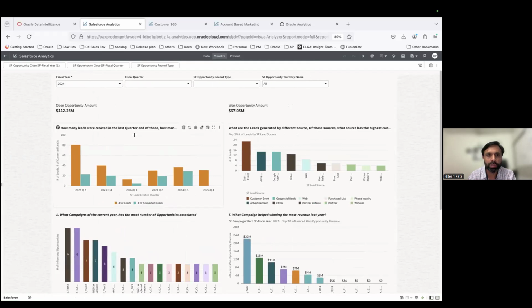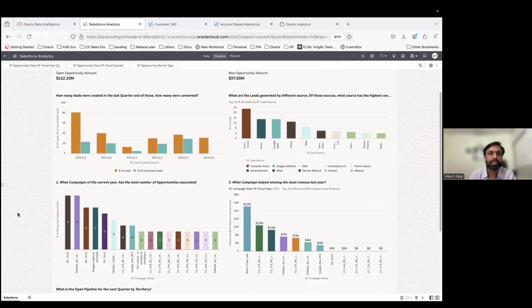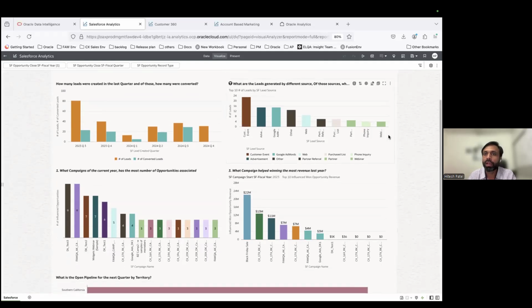I've intentionally used the titles in terms of questions so that one would be able to quickly relate to it. So typically, there's an integration app available wherein Eloqua campaigns data is pushed to Salesforce, primarily for customers who are using Salesforce and Eloqua. And this is Salesforce CRM for this demo. So how many leads were actually created in the CRM system, of which how many are converted? So I have this chart available. Again, all data coming from Salesforce.